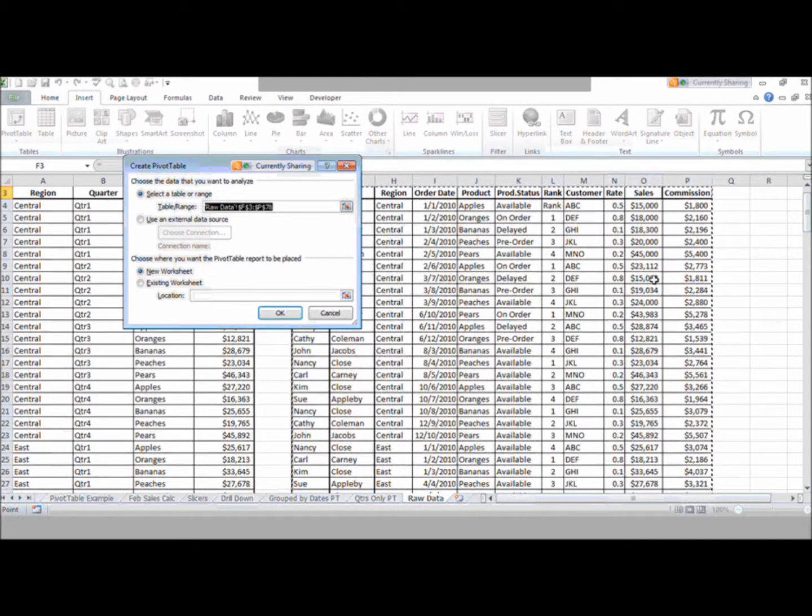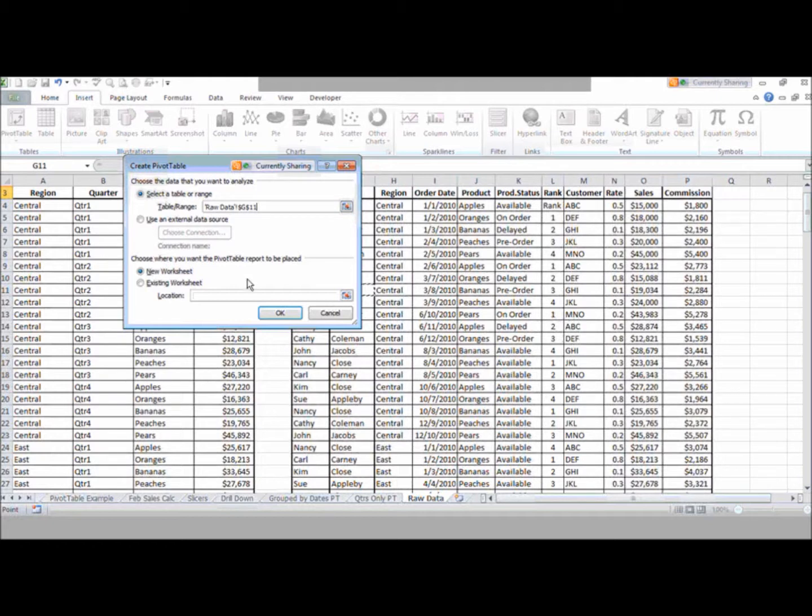If you get to this point and your pivot table isn't recognizing the source data, you need to cancel and figure out what's going on with that list. There's going to be some inconsistency in there. So you may have text in a number field or something like that that's going to keep Excel from recognizing it as your list. At any rate, we can see this list is represented here in the table range box,